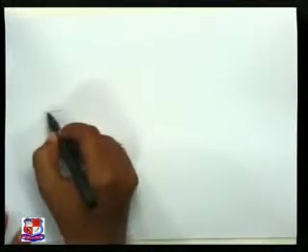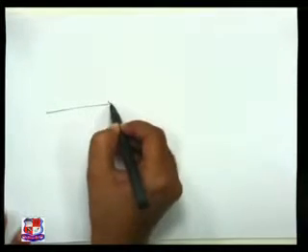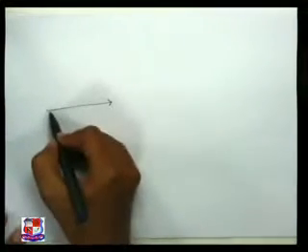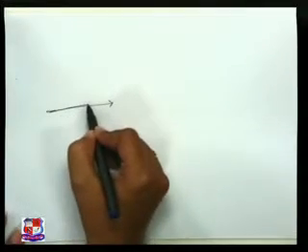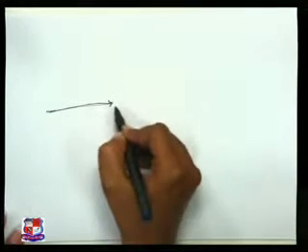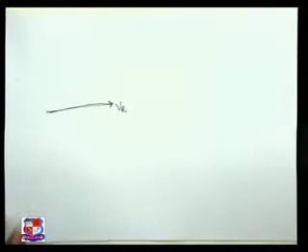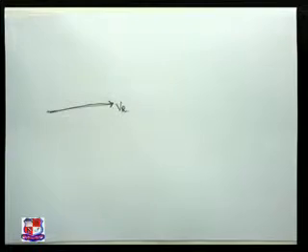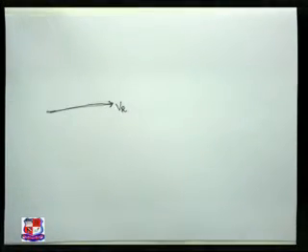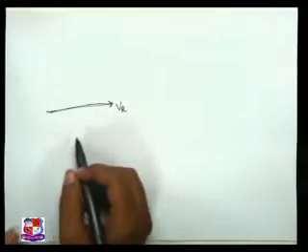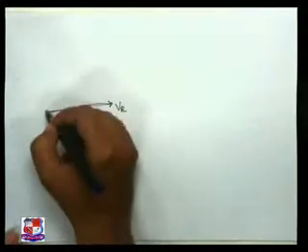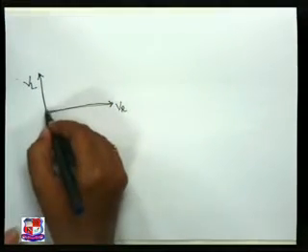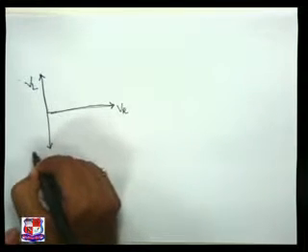It is like this. Suppose this is our reference axis. VR. As we know, voltage across resistance is exactly in phase with the current, meaning the phase difference between voltage and current in a resistive circuit is 0. So VR is our reference axis. Now suppose this is our VL and this is our VC.